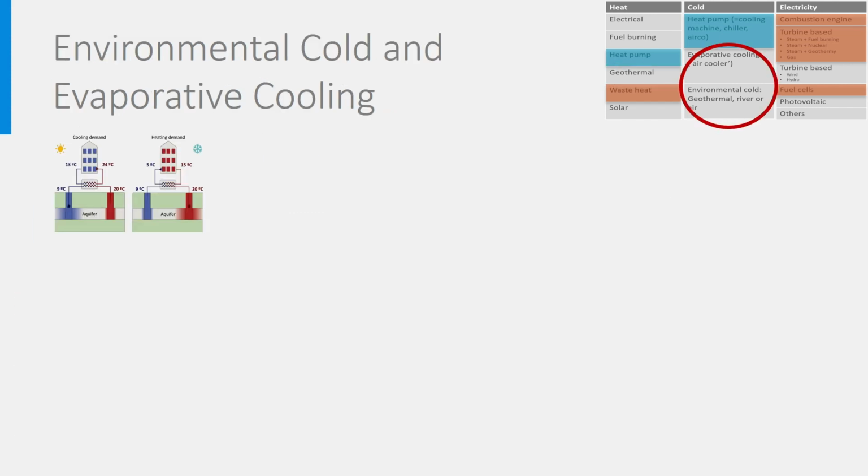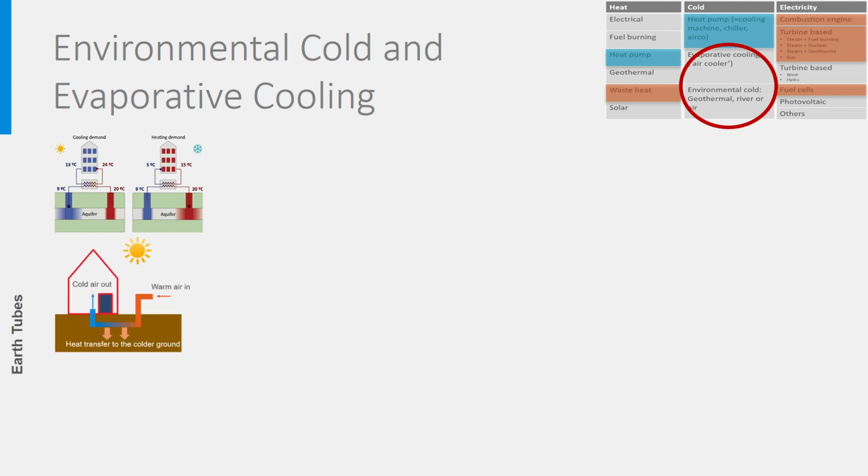What about environmental cold? In the precedent slide, we already looked at ATES systems as a way to use cold of the ground or to store it in the ground. Earth tubes can also be used for the cooling of ventilation air. In general, the shallow ground is colder than outdoor air during the hot season. There are therefore passive systems making use of this by circulating the outdoor ventilation air through pipes in the ground.